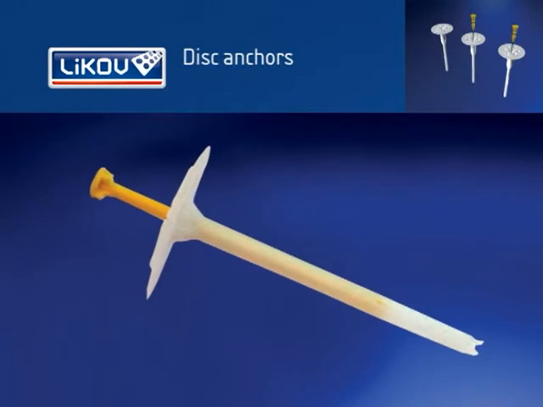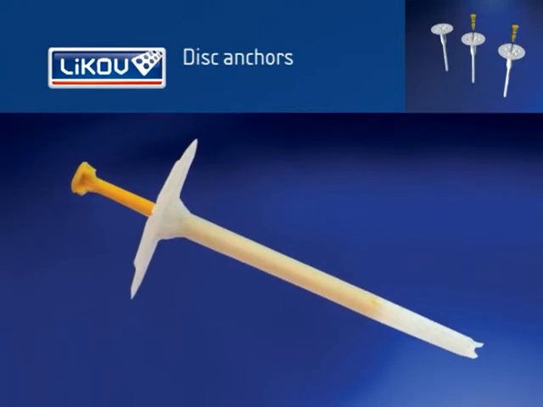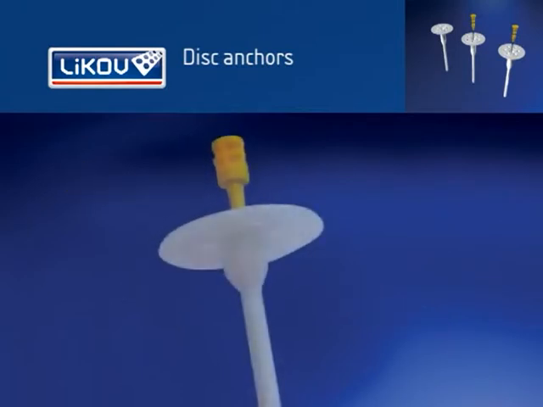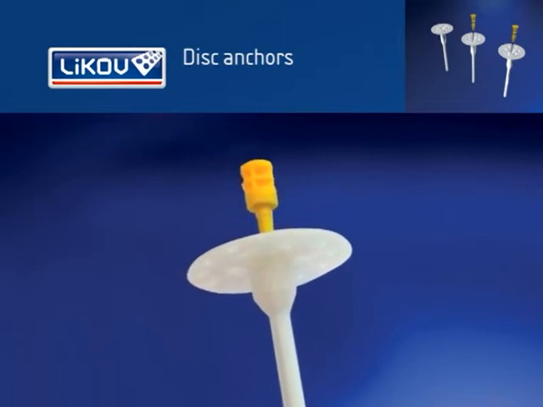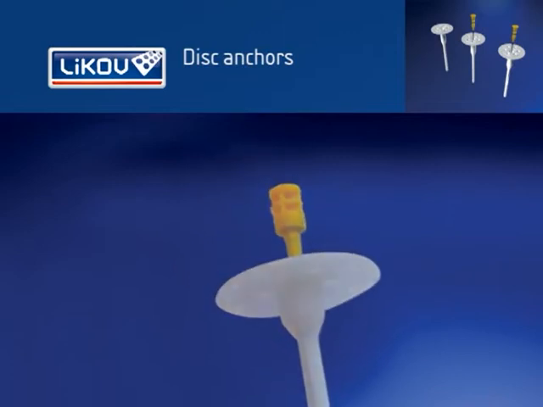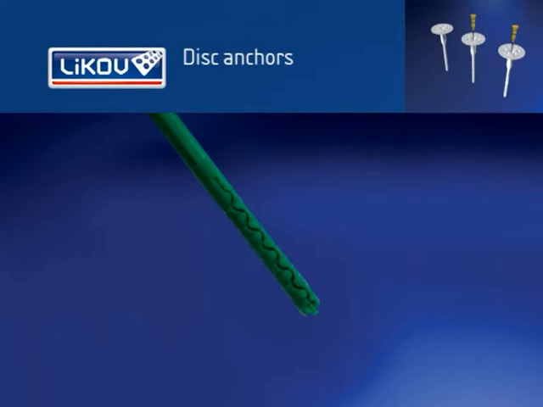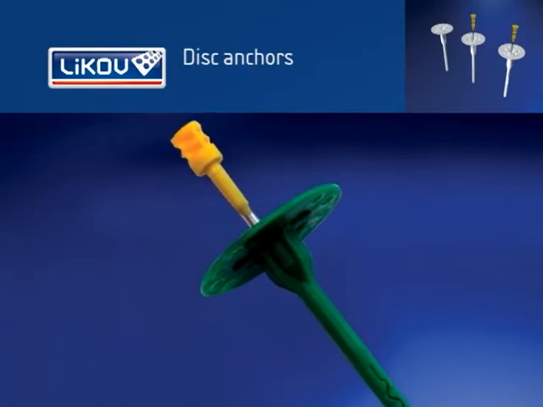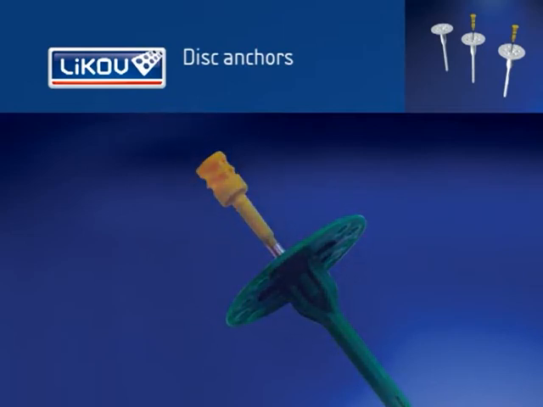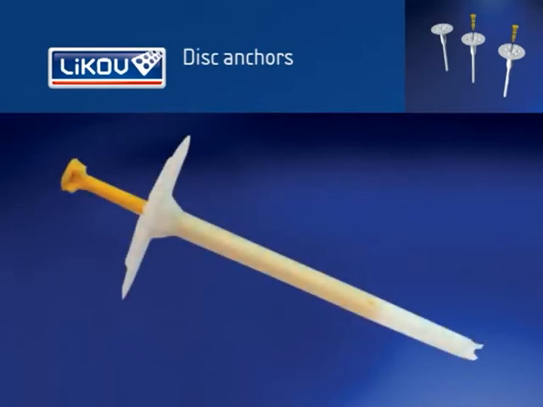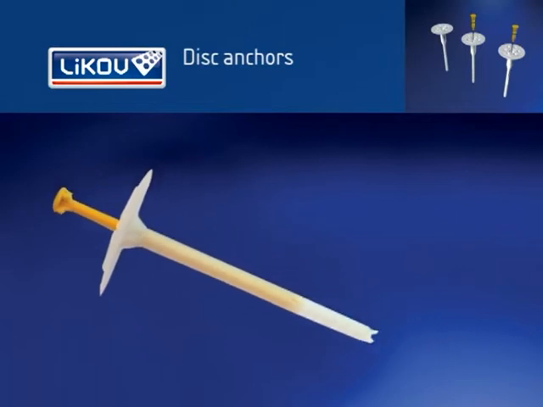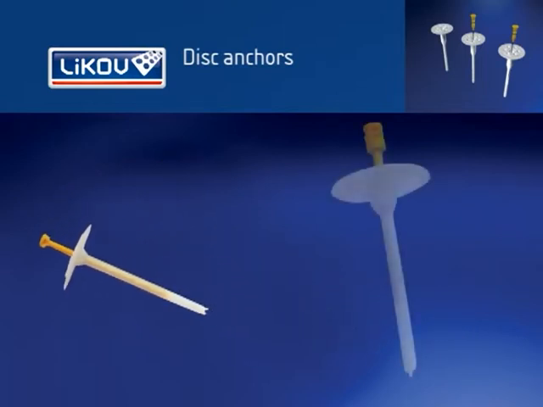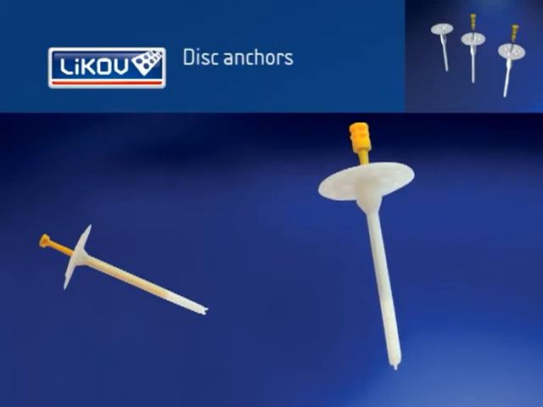Disc anchors with plastic or metal pins are intended for anchoring the insulation material onto solid and hollow materials. Depending on the type of anchors used, a shaped friction or material joint is created. Disc anchors with a plastic pin are intended for polystyrene anchoring into solid building materials. Disc anchors with a metal pin serve for mineral wool anchoring into solid materials or even into hollow building materials, with an extended anchor